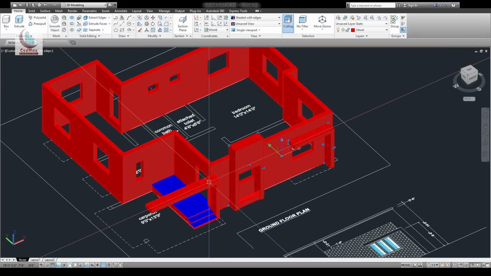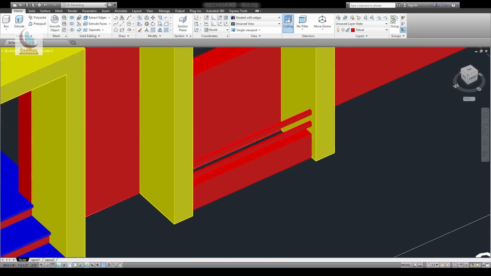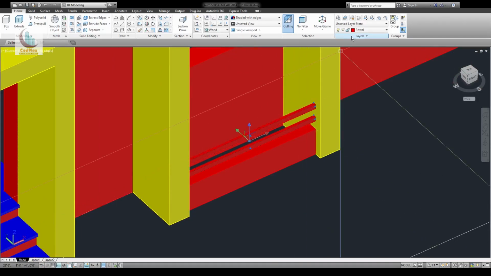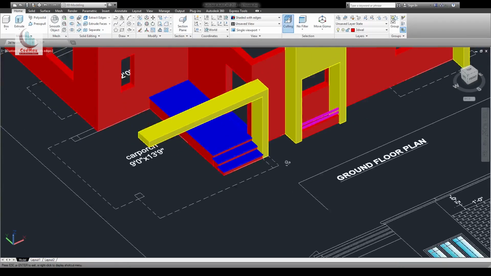Okay, you can put all this in, say, shade layer. This you can put in railing layer. Okay,